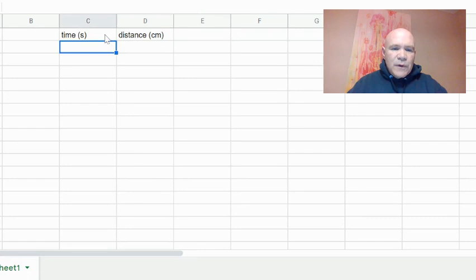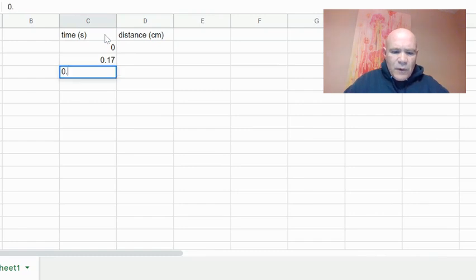Be sure not to put the units down below underneath. This is just where the numbers go. In my experiment, I recorded how far something moved every sixth of a second. So my time was 0 seconds, 0.17, 0.33,